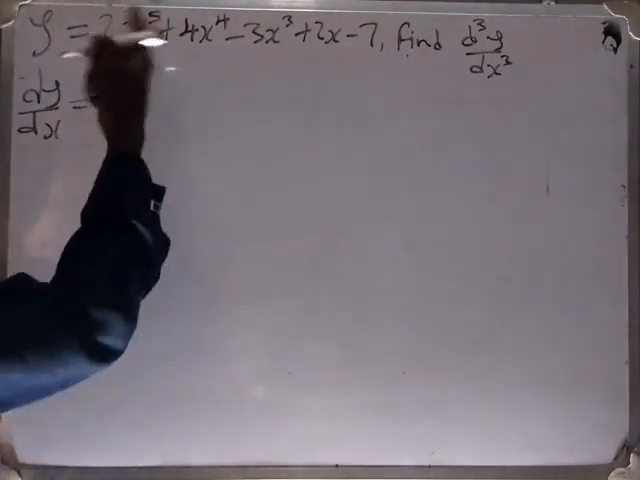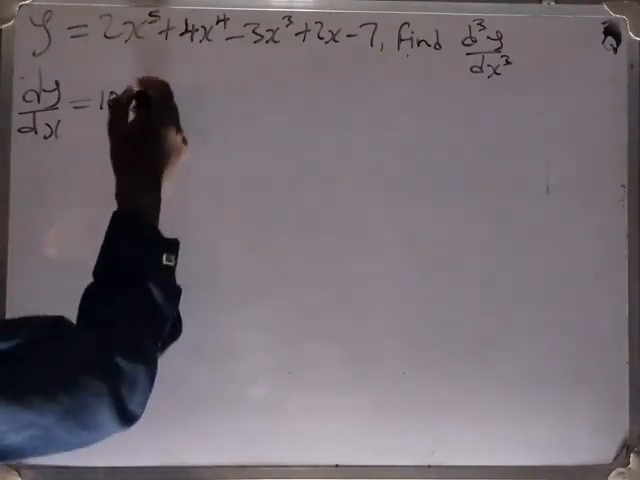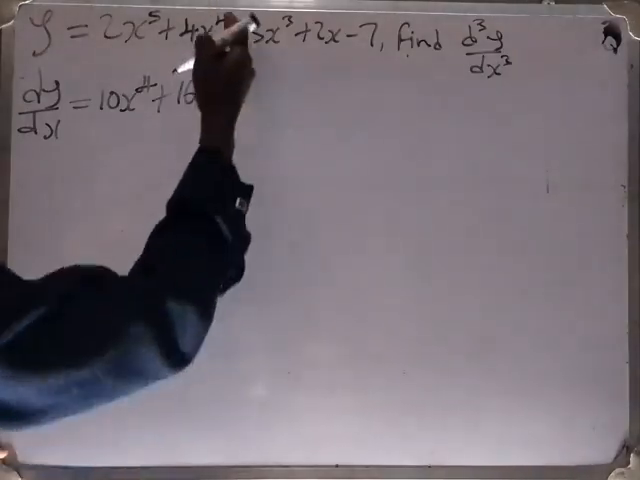This will be equal to bringing this one down and multiplying, it will give you 10x. Reduce this one by 1, it will give you 4. Plus bringing this one here, it will give you 16. Then reduce this one by 1,